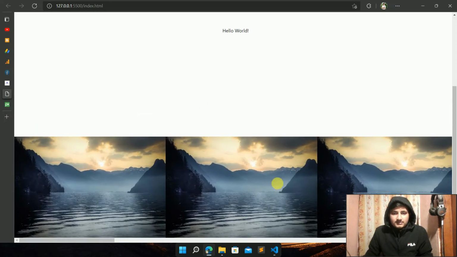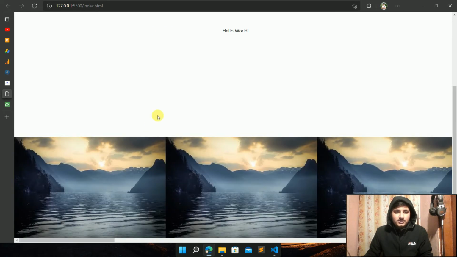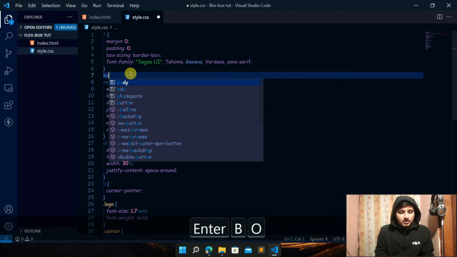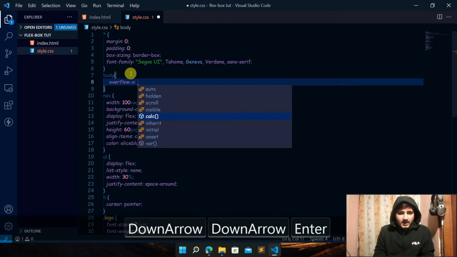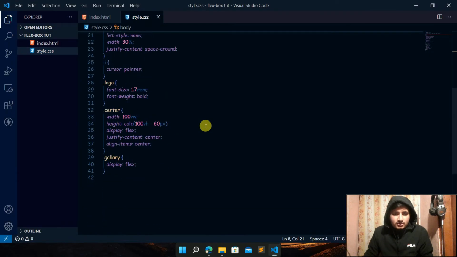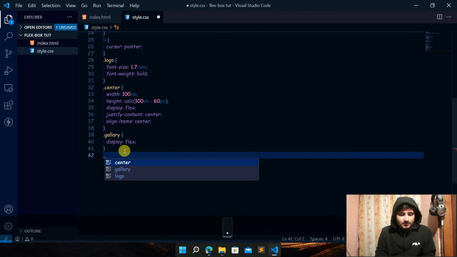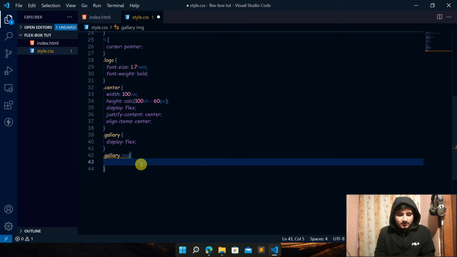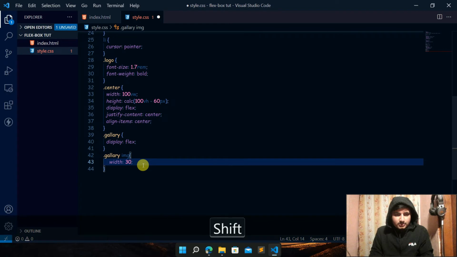So when you display flex, you can see it is overflowing all the way there. So to prevent the overflow, what we can do is, on body, set overflow-x hidden, so that the overflow is hidden now. Now what we can do is grab .gallery img and give it a width of maybe 30%,